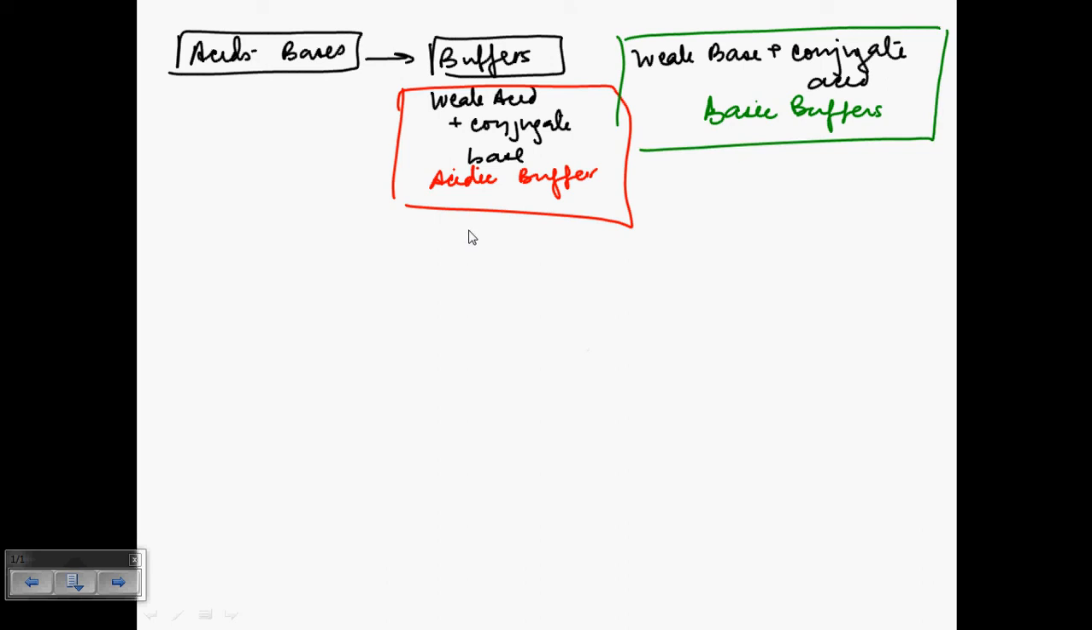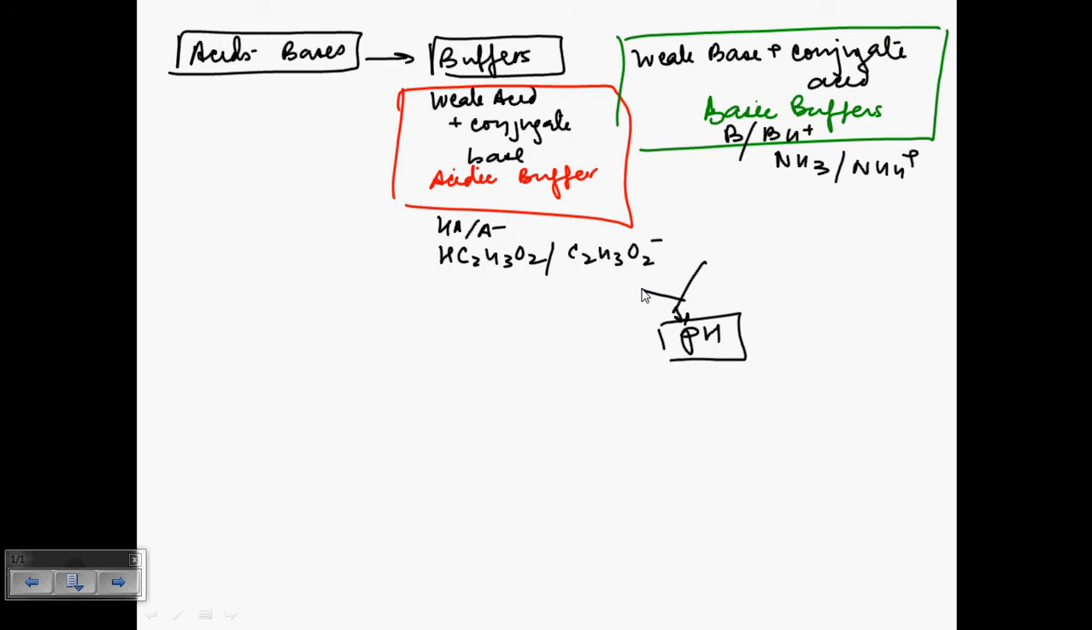So the general formula for acidic buffer is HA/A minus, while this is B/BH plus. The most common acidic buffer is acetic acid acetate buffer, and the most common basic buffer is ammonia ammonium buffer. How do you calculate the pH of buffers? To calculate the pH of buffer, if it is simple buffer and no acid or base has been added, you can simply use HH equation, Henderson-Hasselbalch equation, or you can use